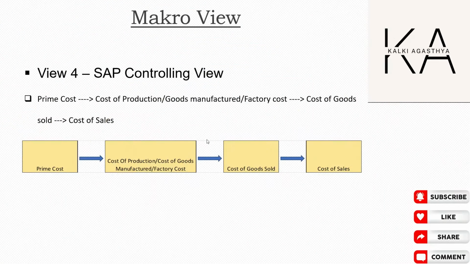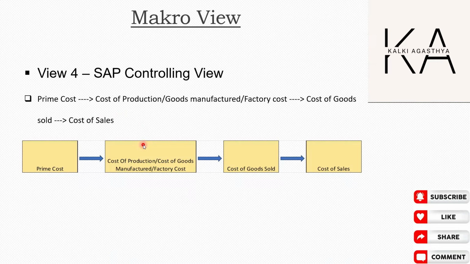Now further, let's try to drill down or break our SAP business process. We saw the SAP business process being drilled down to SAP modules, and SAP modules being drilled down to the finance view. And now coming back to the controlling view, if you try to map all these business processes, then first comes the prime cost, which is nothing but the accumulation of direct labor, direct material, and the direct overhead. Then making use of this, you move all these resources to the production or the factory, where you try